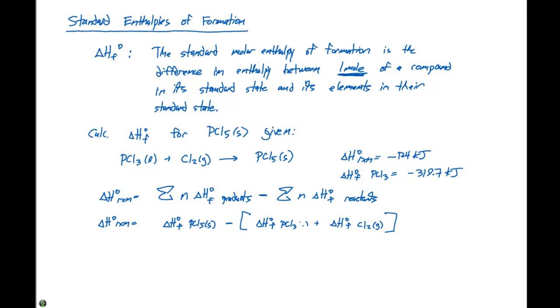Whenever we have an element in its elemental form, such as Cl2, our delta H of formation is going to